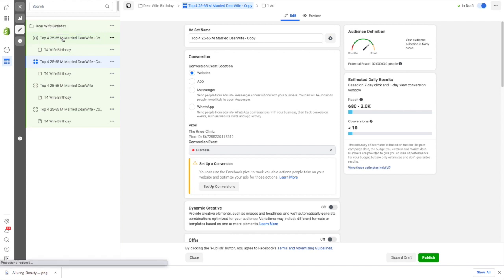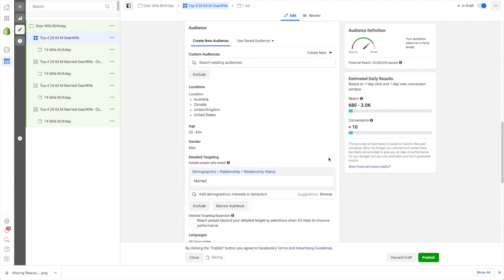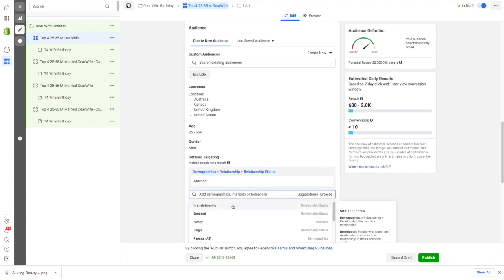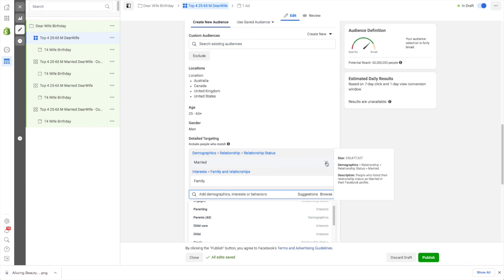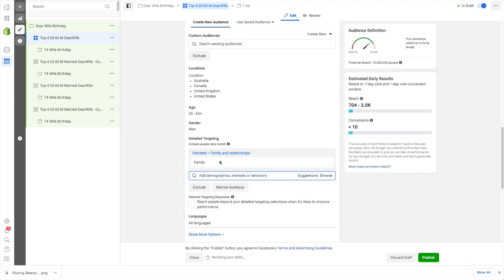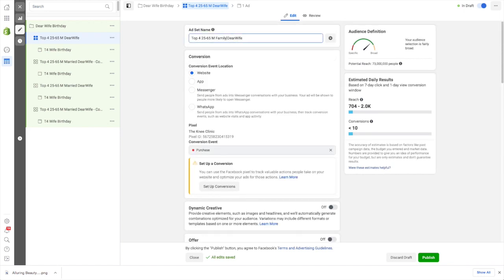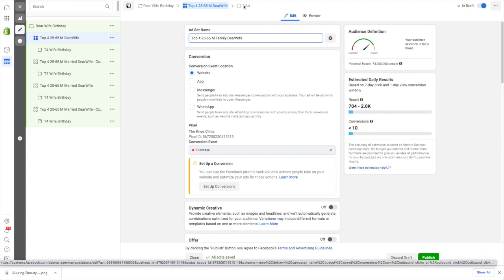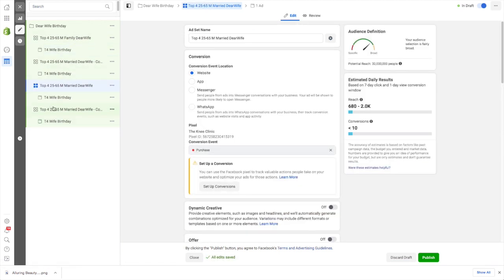So to change the demographics, I would remove "copied" and change the name to something else to identify it. So let's go in here, edit the targeting, and say we were going to pick that as an interest. I wouldn't, I'm just making an example. So say we were going to change this interest to family. I'll come back up here, write that in so I knew what was what. And then that is changed. And then again on this copy here,